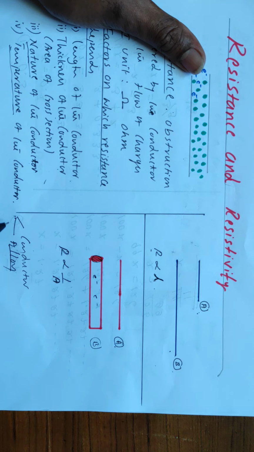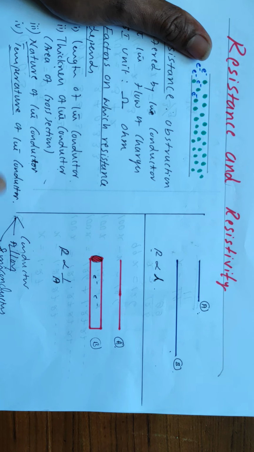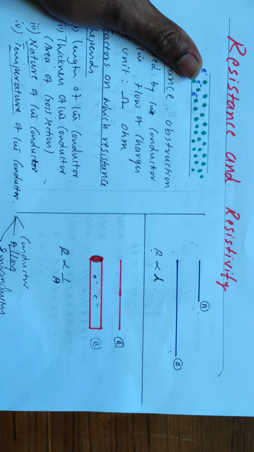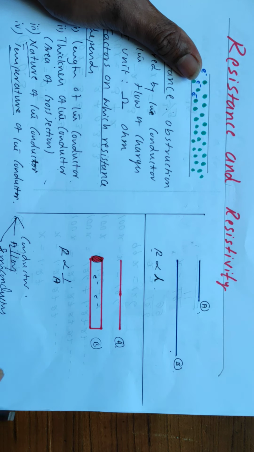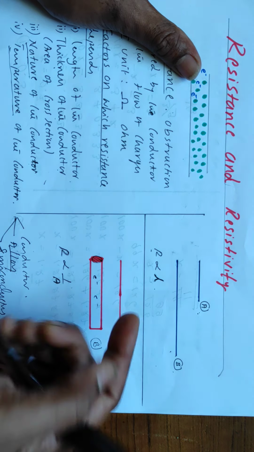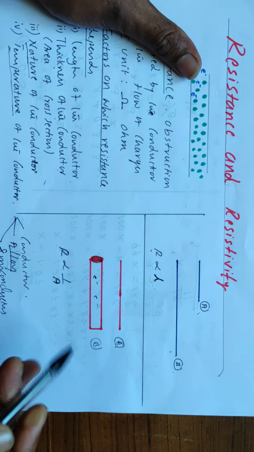In case of semiconductors, as the temperature increases, resistance decreases. So resistance varies with temperature and depends upon the material also. In case of conductor, resistance increases as the temperature increases. In case of alloy, resistance varies within a narrow range. In semiconductors, resistance decreases with increase in temperature. So we do not generalize this. We generalize only length and area of cross section.